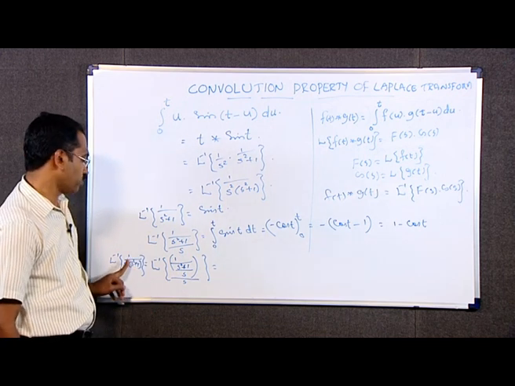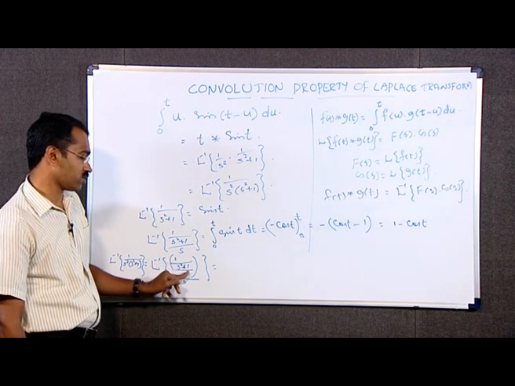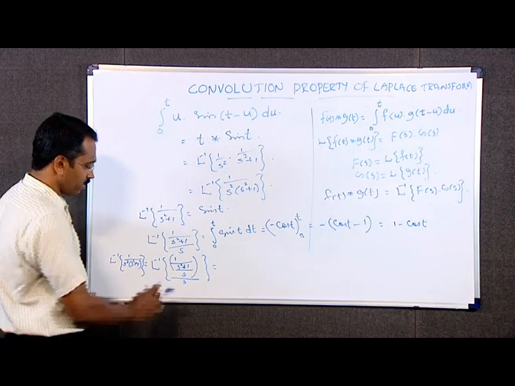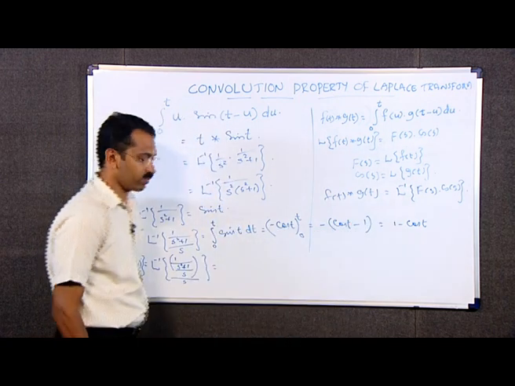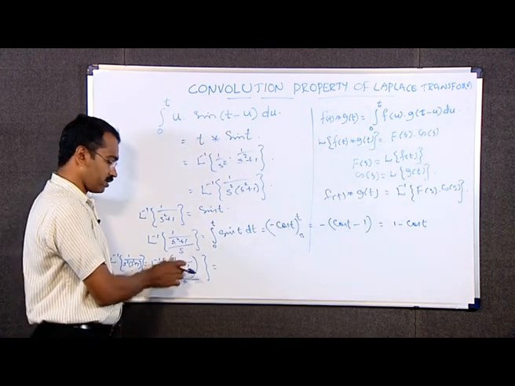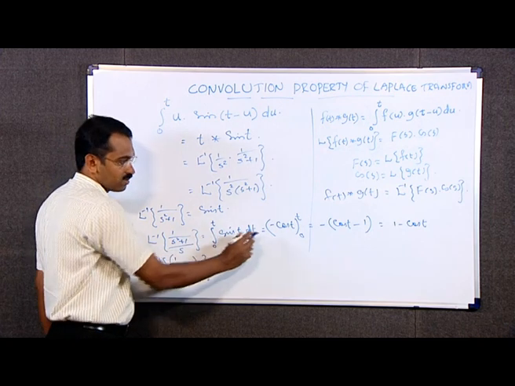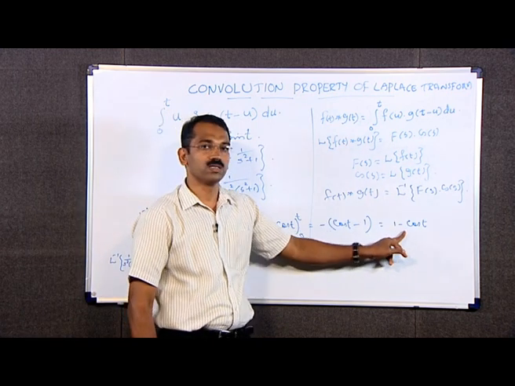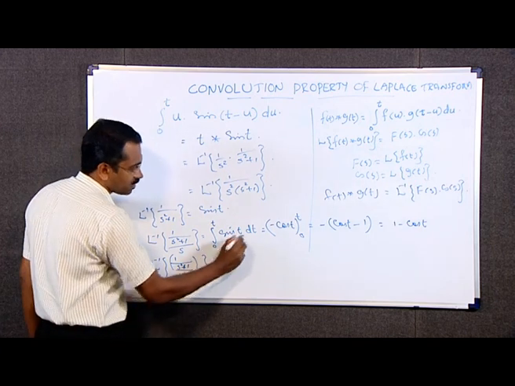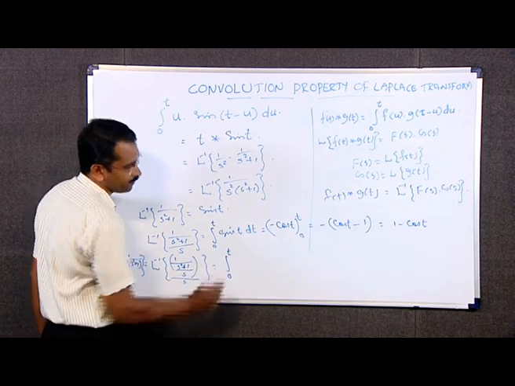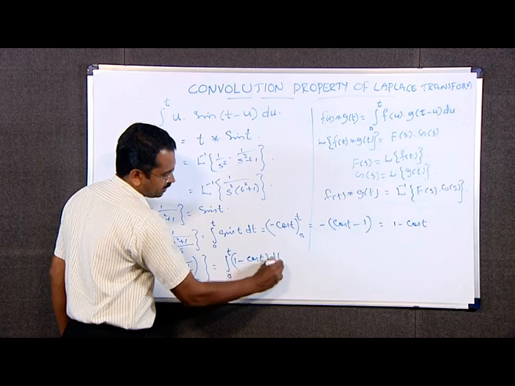We can write L inverse of 1 by s square into s square plus 1 as L inverse of 1 by s square plus 1 divided by s, all divided by s, and L inverse of this numerator function is 1 minus cos t. Therefore, if we divide this function by s, the corresponding change in the right hand side is, once again we have to integrate this inverse between the limits 0 and t, that is equal to integral from 0 to t of 1 minus cos t dt, which is equal to